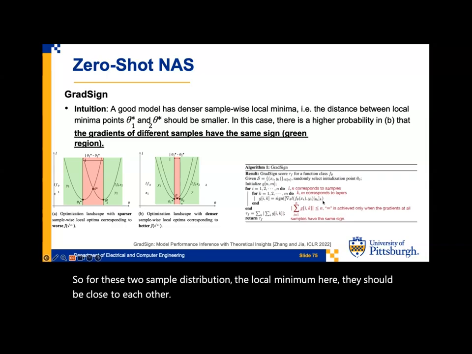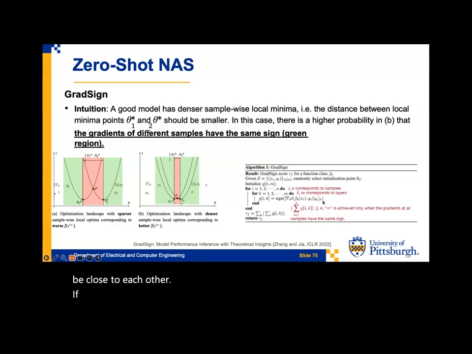That basically says this network is better than this one, because the local minima are closer